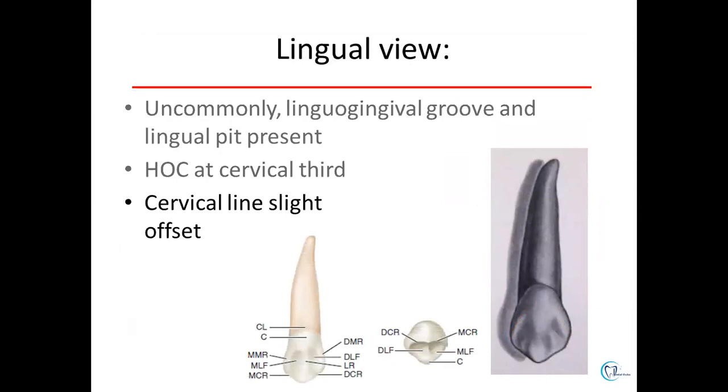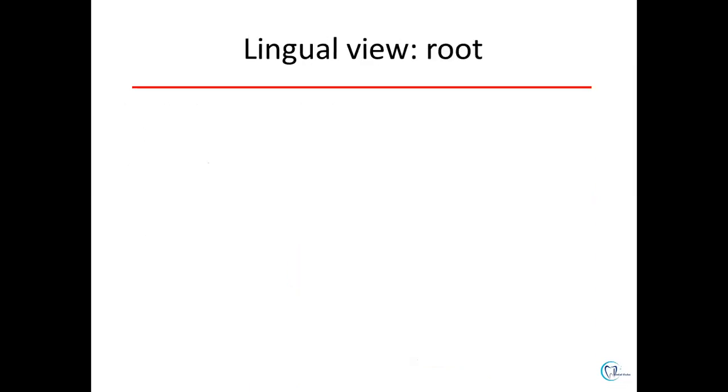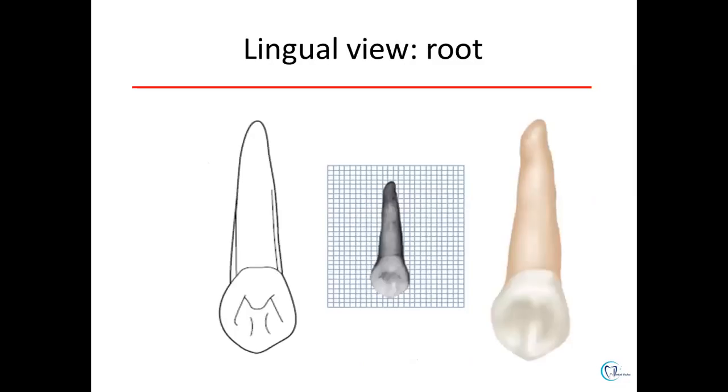So, in the lingual view, we can appreciate the cervical line, the cingulum, mesial marginal ridge and the distal marginal ridge, mesiolingual fossa and the distolingual fossa. In the center, we have the lingual ridge and the cuspal slopes, that is mesial cusp ridge and distal cusp ridge. So, we can appreciate all these structures in the lingual anatomy of the maxillary canine. When we see the root from the lingual view, it is conical and tapering towards the apex.